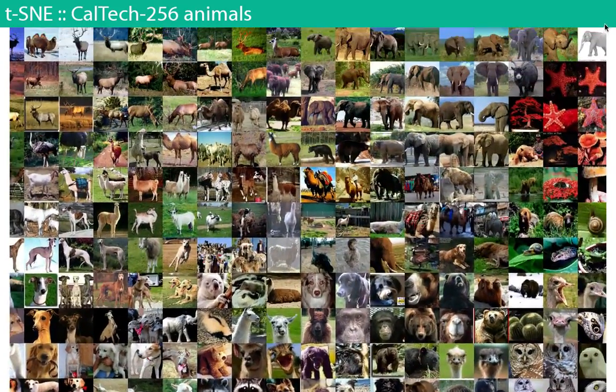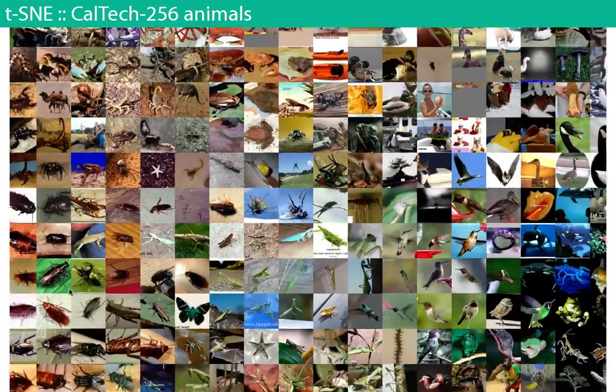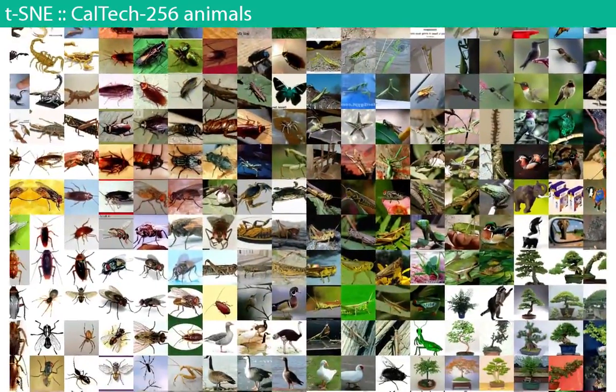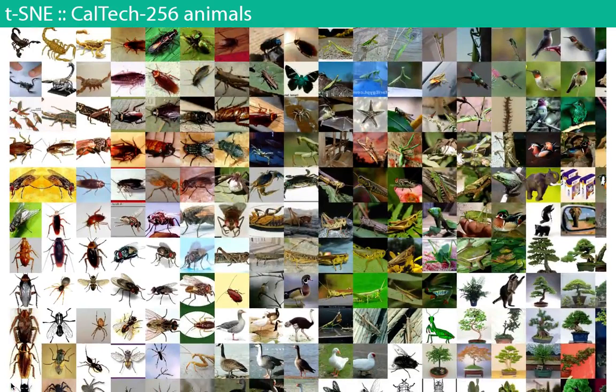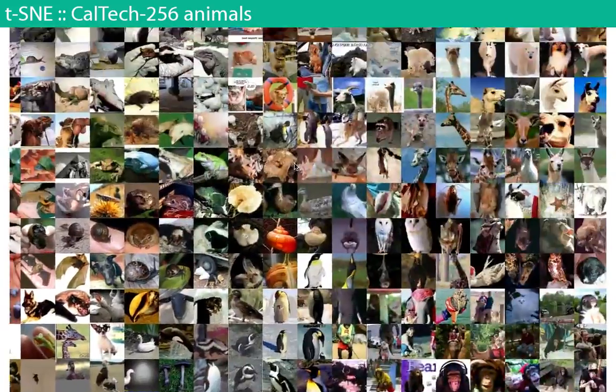Here's an elephants cluster, bugs, and you see they're grouped by similarity to each other, not by color or by superficial characteristics, but by what it is. And that's really fascinating, right? Because this is read by a convolutional neural network and then autonomously organized according to content. So that's pretty neat, I think.